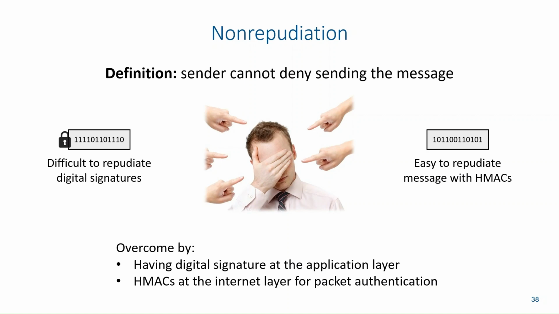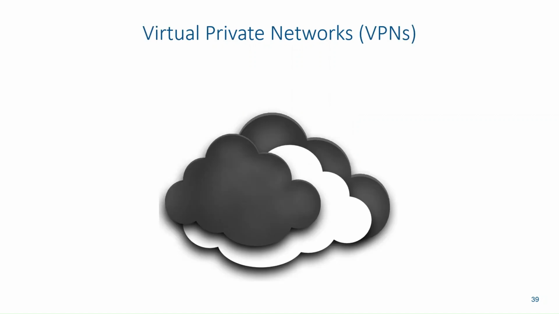And then we can have HMACs at the internet layer for packet authentication. And the internet layer is basically about sending packets to and from different networks. And this is just to ensure that the packets are authenticated. In order to ensure that our information is encrypted when we're connecting with networks outside of the internal network, we're